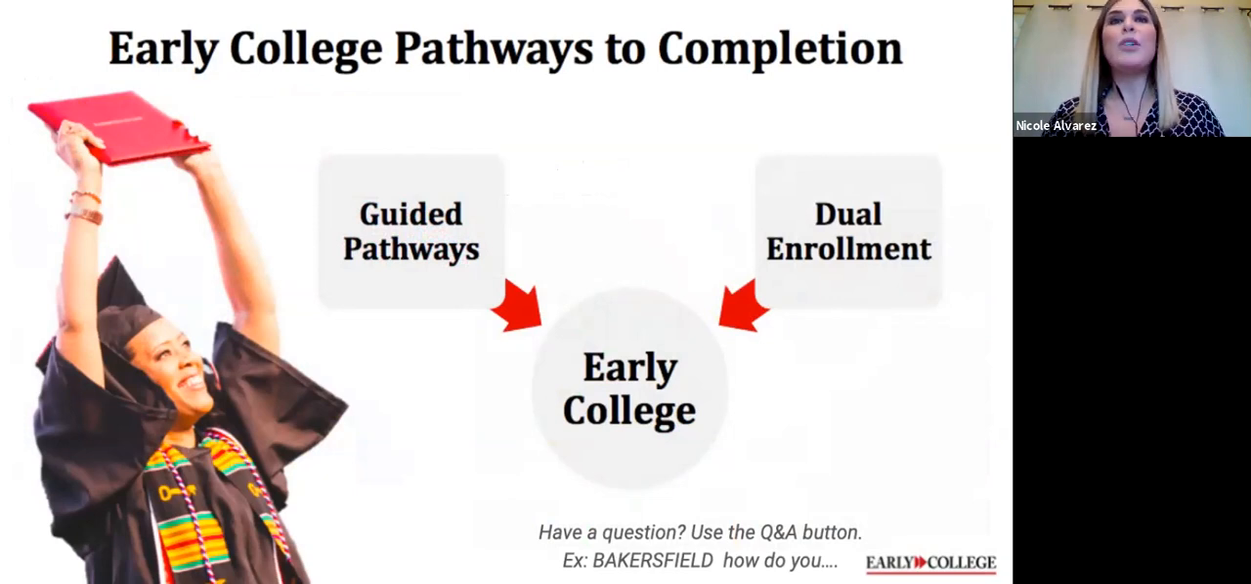So this slide shows the marriage between guided pathways and dual enrollment to form early college. By joining the success of dual enrollment with the framework of guided pathways, early college opens students' minds earlier and gives them the opportunity to explore college and career pathways without the harms of wasted time or wasted finances. By implementing guided pathways as early as the 9th grade, we are teaching high school students how to make informed decisions about their future, and we are setting them up with the skills that they need to get to degree